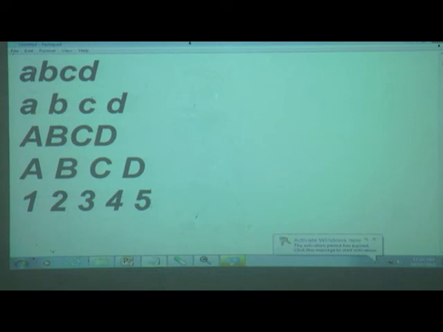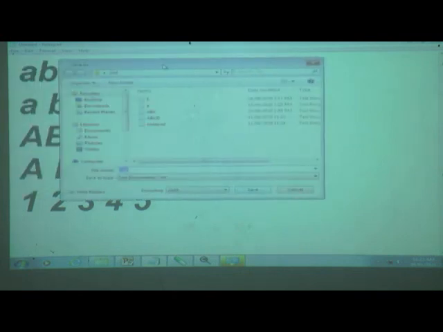How to save the file? You can see menus are there. Click on the file, then save as. Then this type of window will appear. Where do you want to save? If before that you have any folder, on the desktop, C, D drive, then open this folder and save there.